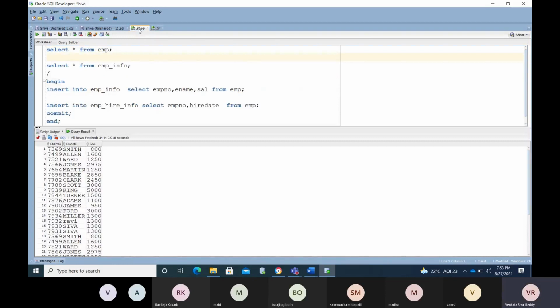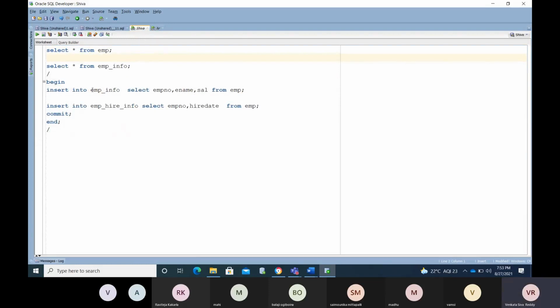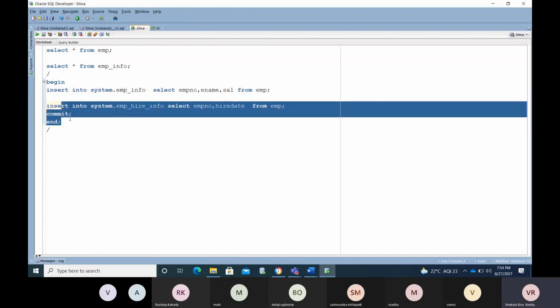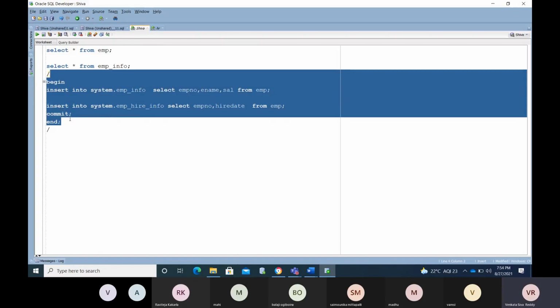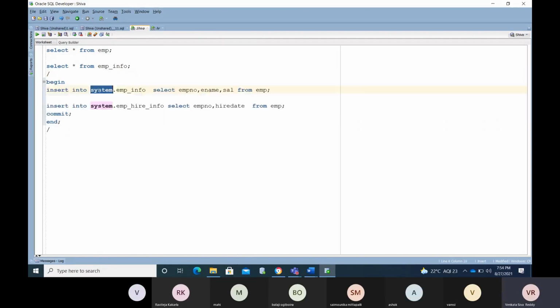So now I am running some procedure or anonymous block, whatever it may be. I am writing the code in this. Either you can insert the data like this. Okay, now I am running the code here. Now the data is going to be inserted into the other schema's table. See, simply if you mention the schema name, the data will go and sit in that particular schema.